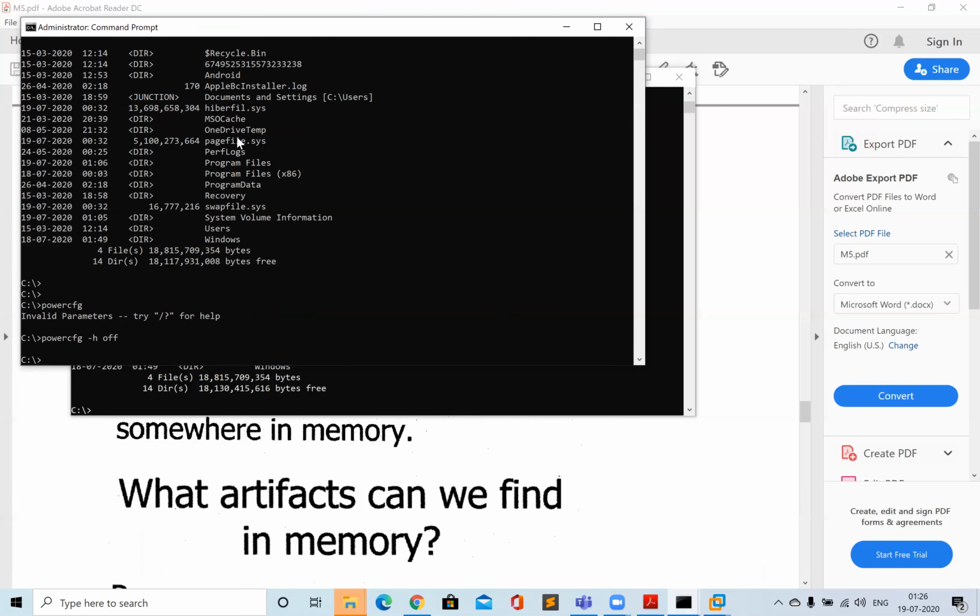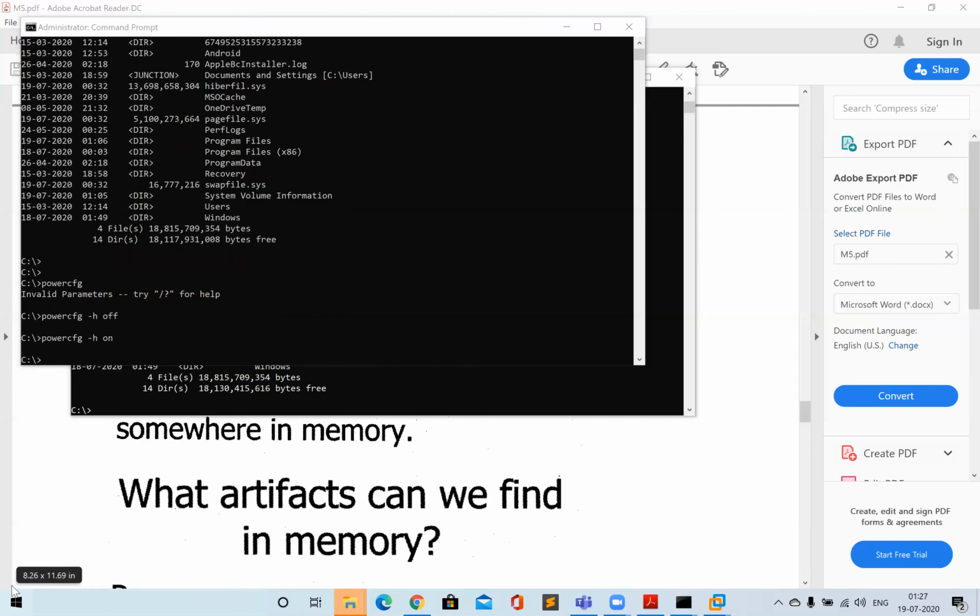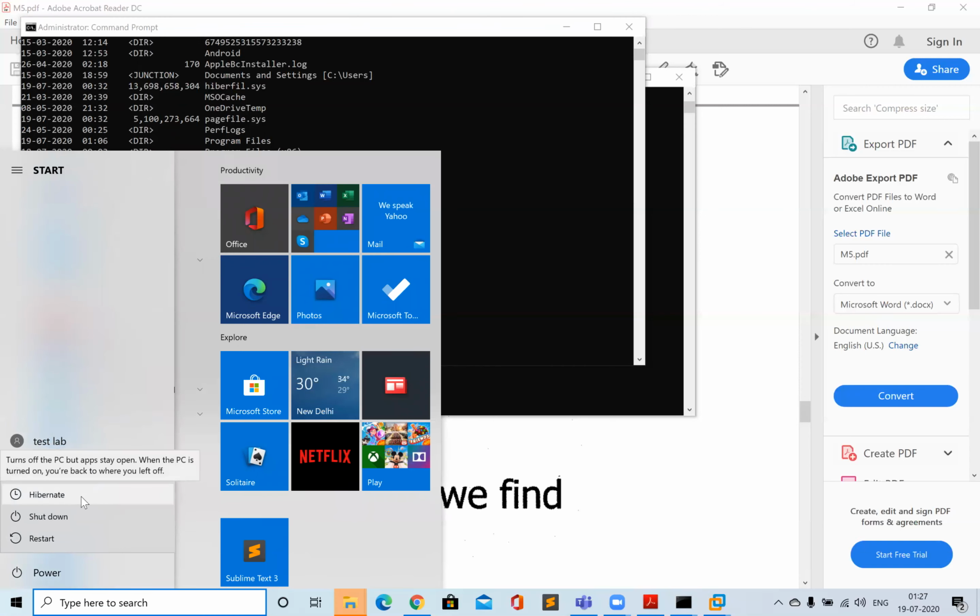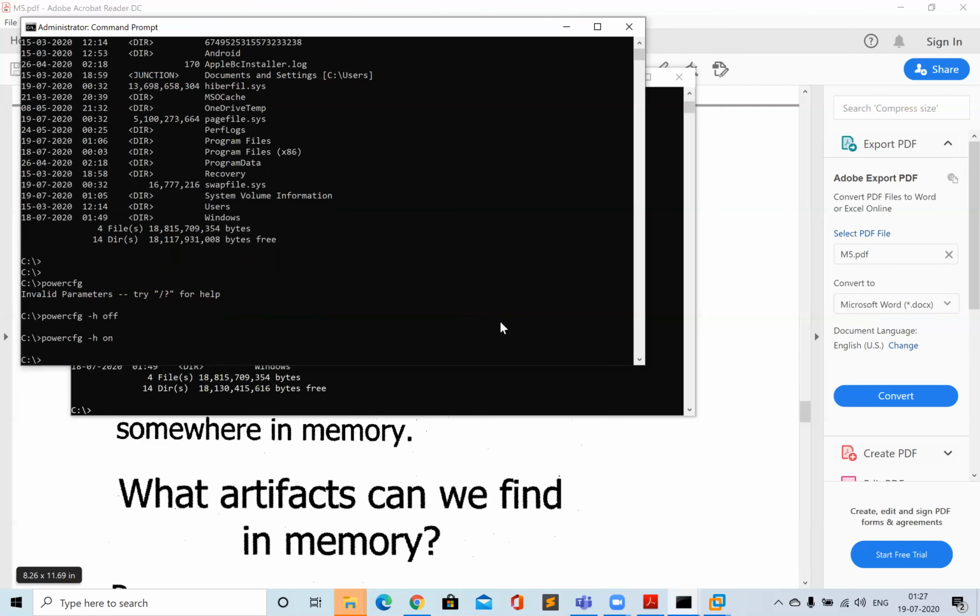This will also be useful if you are running short of space in Windows. If your hibernate option is on, you can quickly go and do powercfg -h off, and it will give you that RAM-sized space for any other purpose. Right now I have 13 GB more over there, and to turn it on you just need to do powercfg -h on. Now I will see that my hibernate option is back over here, and I can hibernate the system. When you hibernate, it will create a hiberfil.sys, and then you can do forensics out of that.